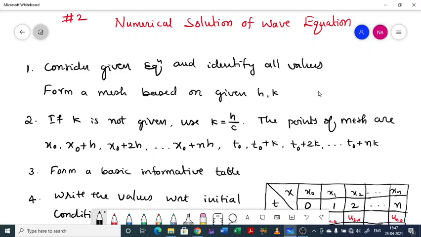This is given by u double x equal to 1 by c square into u double t. Generally we use t, we don't use y. For the theoretical part we use y. So dou square u by dou x square equal to 1 by c square into dou square u by dou t square, or u double x equal to 1 by c square into u double t. That will be the given wave equation, or the standard form it is.